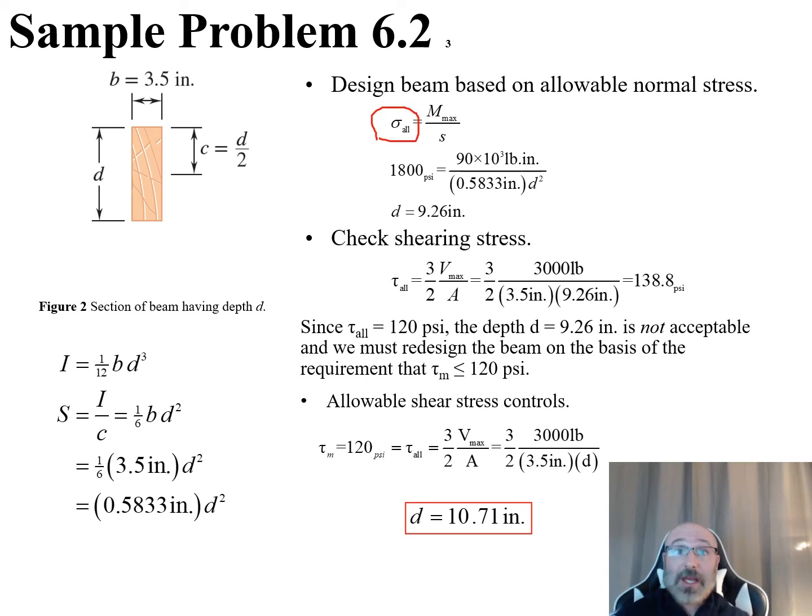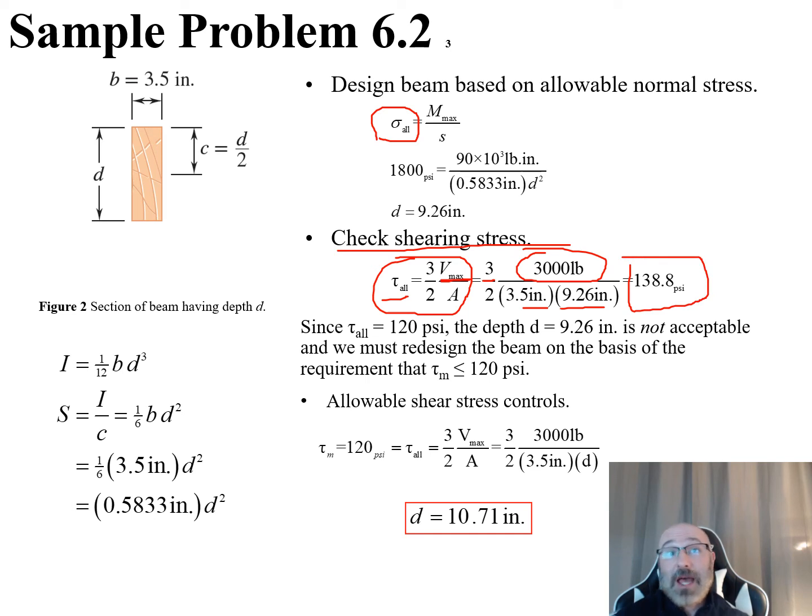So now that we've solved that based on just our normal allowable stress, we need to double check that against our shearing stress. So we go back to this governing equation that we solved for earlier within this module, that our shear is equal to 3/2 times our V max, which we can get off of our diagrams, divided by our area. So we plug this in: 3/2, then our V max was 3,000 pounds, all divided by our area, where our area is 3.5 times our 9.26 inches,